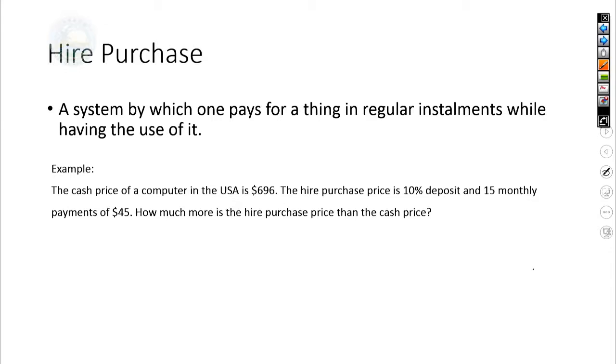We're like, hey, I don't have that money. So the man tells her, here's what, pay 10% down, and for 15 months, just pay $45. All of a sudden, that sounds nice, right? Well, let us see how much you're really paying. To work out the hire purchase price, we first have to find our down payment and our total installments, add them, and that will give us the price. So we're told we must first make a 10% deposit, which is 10% of the price of the item. So the deposit value